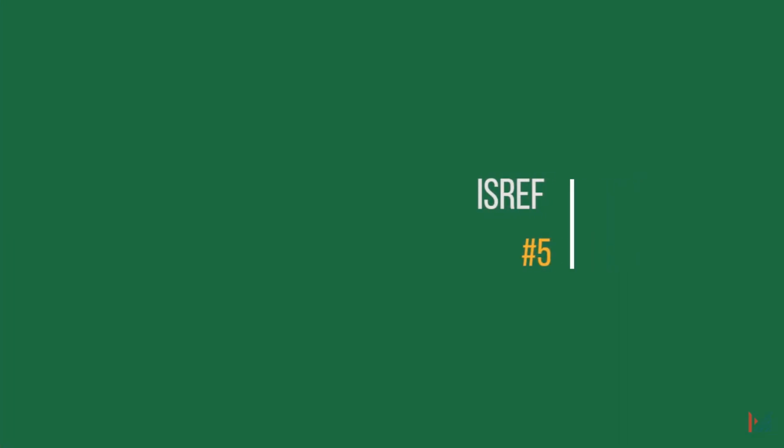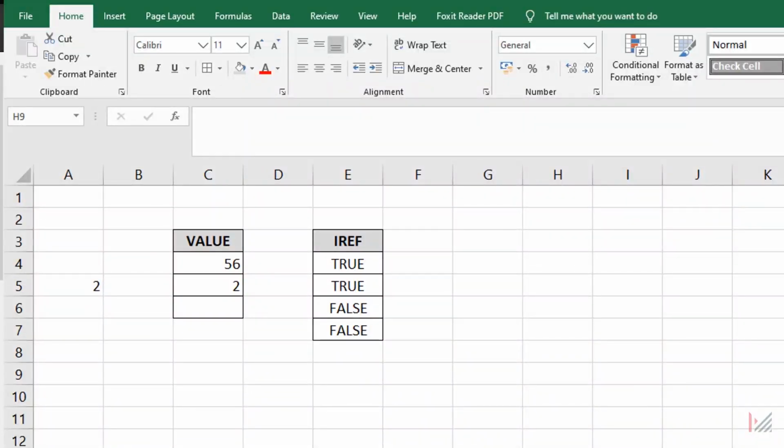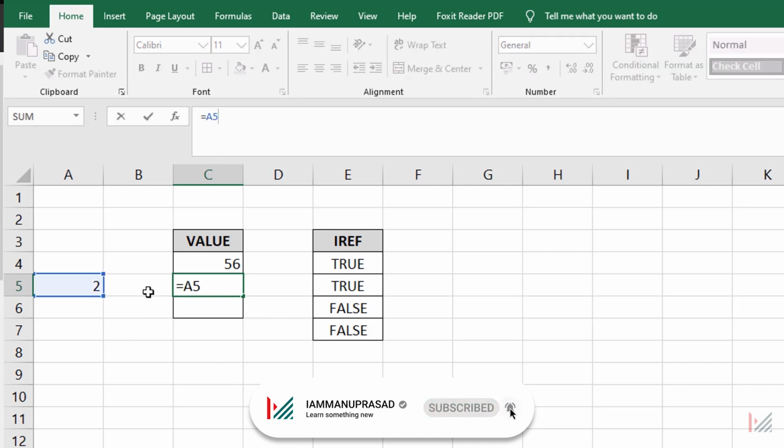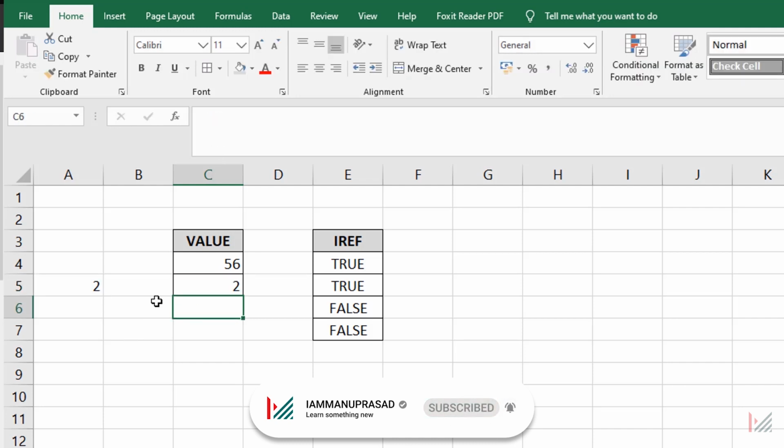And tip number 5, ISREF. ISREF is a function that will check if the cell has a reference or not. You can use the ISREF function to check if the cell contains a valid reference. So here let us check. I have given this as number, and here there is a reference given from F5, and this is a